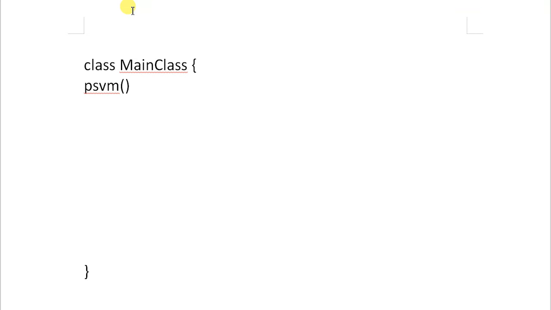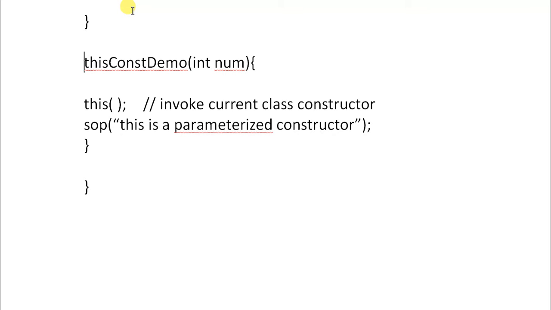I am using PSVM main method and String args. It's a string argument. And here, what is the job of the main method? I need to invoke the constructor. So to invoke the constructor, I need to instantiate it. Which constructor do we need to invoke? Let us think this is a parameterized constructor within which the default constructor is getting invoked. So it is better if we invoke the parameterized constructor.